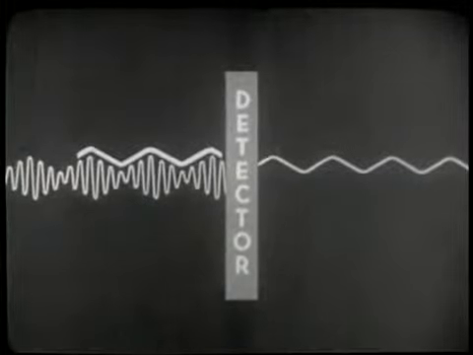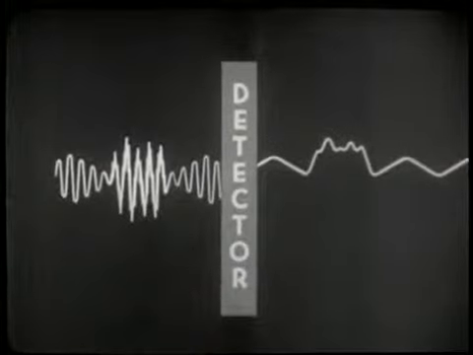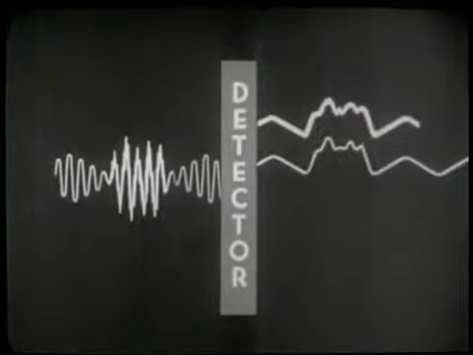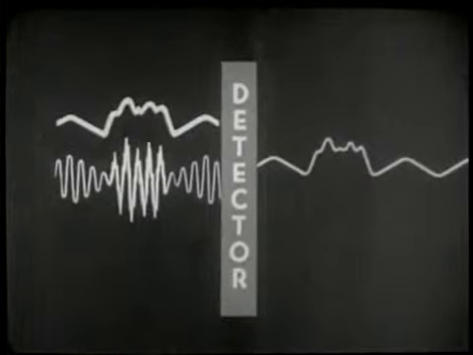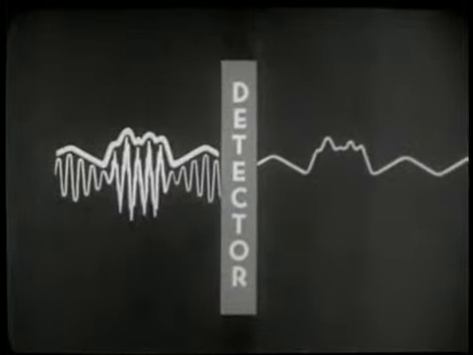Feed it an RF signal that has been hashed up by interference, and the audio signal will contain an accurate reproduction of that same interference. The audio signal mirrors the interfered RF signal fed into the detector. There you have a major disadvantage of AM radio. It is unable to separate the intelligence from the hash and static that appear when conditions are unfavorable. The FM radio is not a miracle. It was, in fact, a logical development, a natural step forward in electronic evolution.